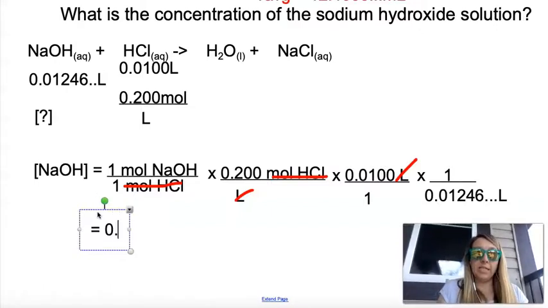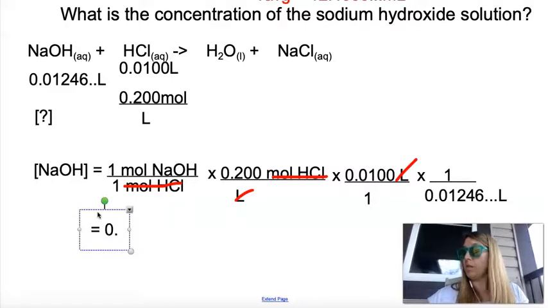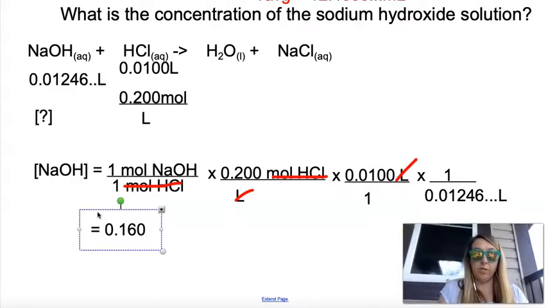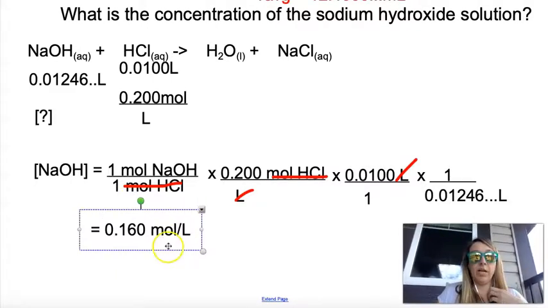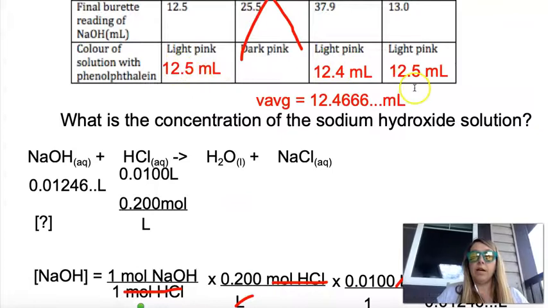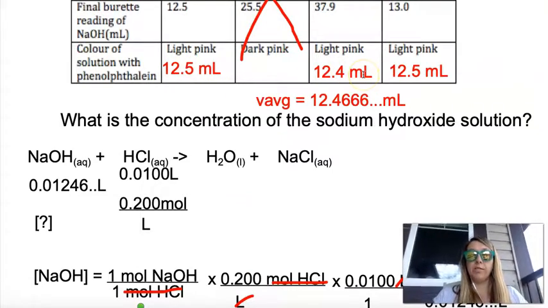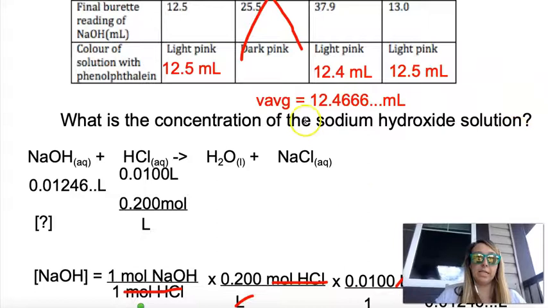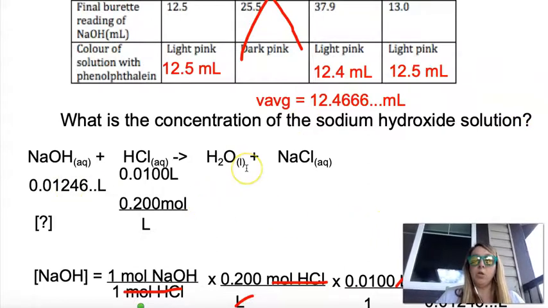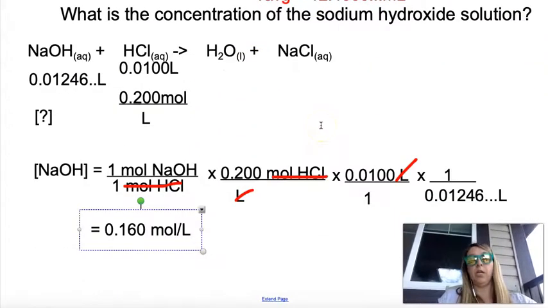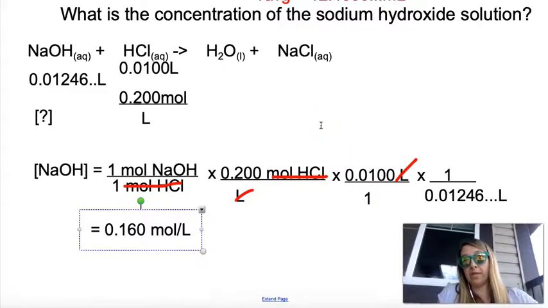Okay, so we are getting 0.160 moles per liter. Okay, 3 significant digits, because both of these had 3 significant digits. And when we look here, all the calculated values had 3 significant digits because they all went to 1 decimal place. Okay, so when you're given the data table, you're going to generally eliminate one that isn't like the other,